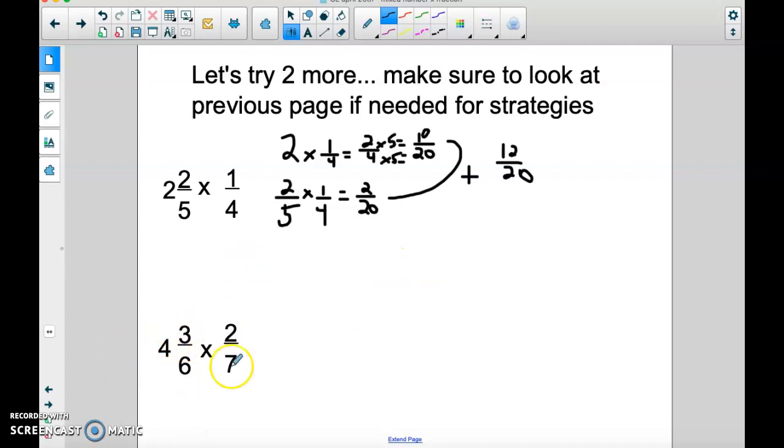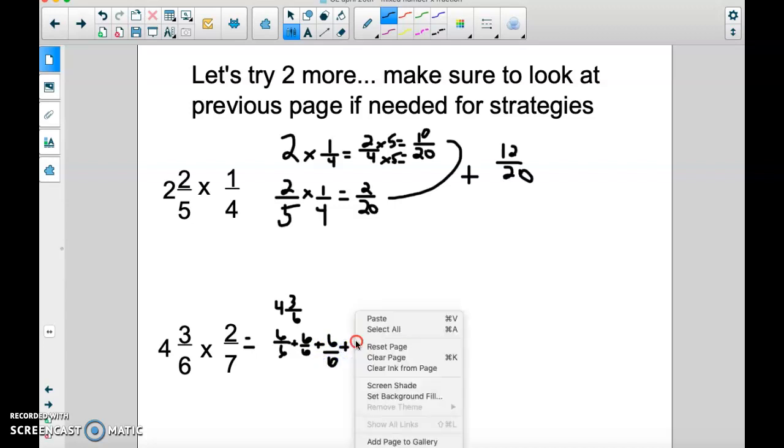Now, if I take this one with this one, I'm going to use improper fractions. Okay? 2/7 is going to stay the same, but 4 3/6 I have to make an improper fraction. So 1 whole in this problem is going to be 6/6, and I've got 4 wholes. So I'm going to go 6/6 plus 6/6 plus 6/6, and if you have quicker ways to do this, that's great. I'm just showing us what to do here. And so there's my 4 wholes, right? But I have this extra 3/6 that I have to make sure I add on,